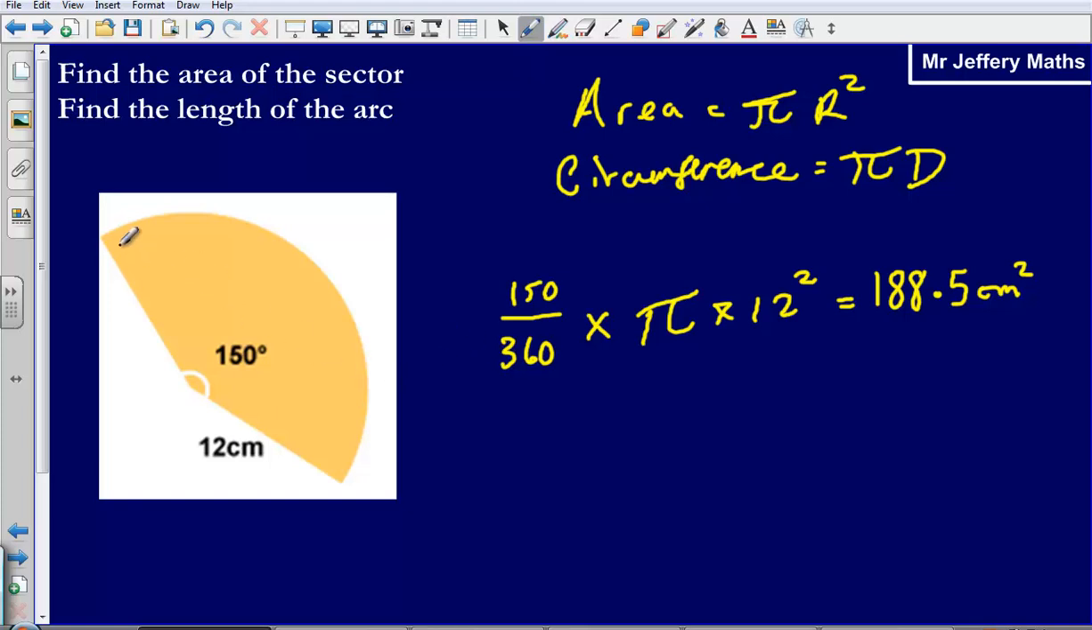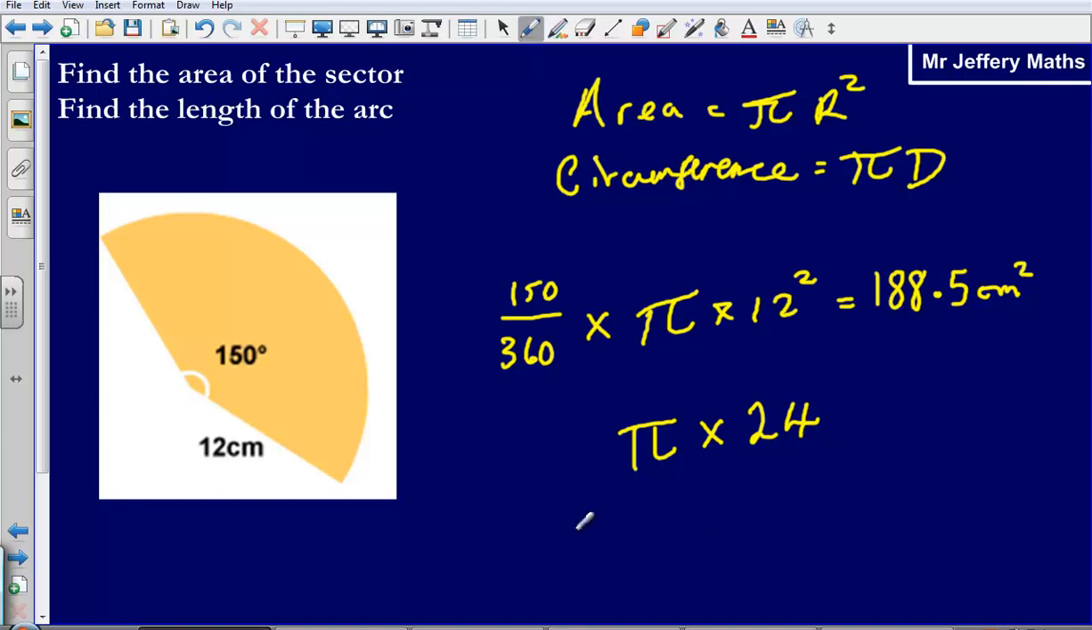Now the length of the arc, the distance of this curved part here, that's simply going to be the same idea, but instead using the circumference. So the circumference of the entire circle, if we had the entire circle that this arc that this sector has been taken from, if I had that entire thing, the circumference would be pi multiplied by the diameter. Now I've been given the radius of this here, so I need the diameter, which would be double the radius,